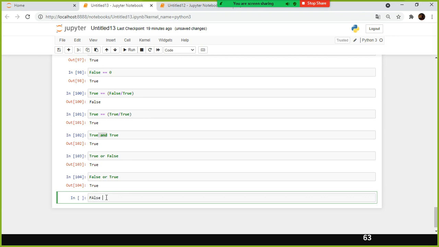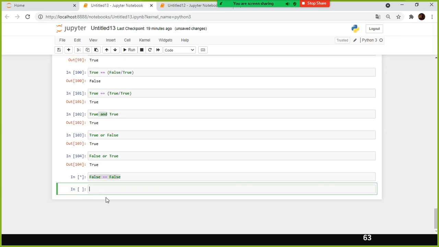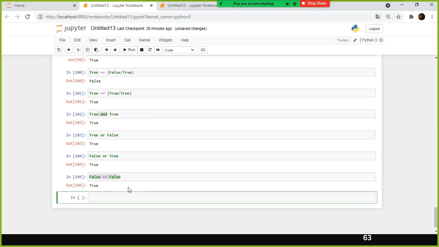Supposing you say false equal to false, so it is true, right? Both of them are the same. False is equivalent to false, hence it returns true. And or not.